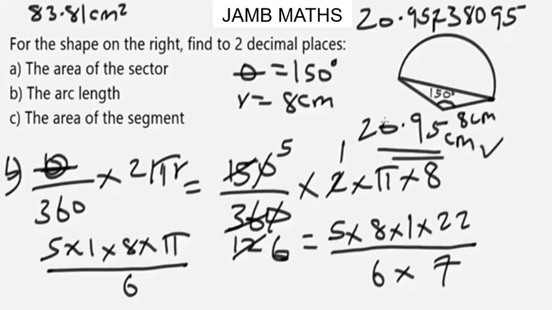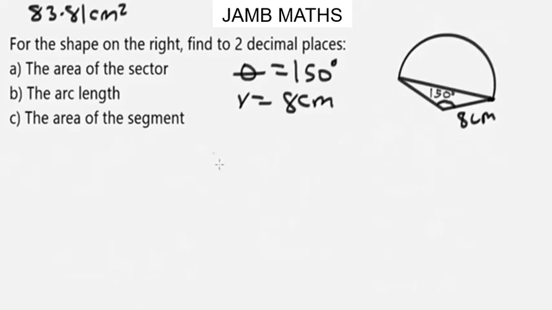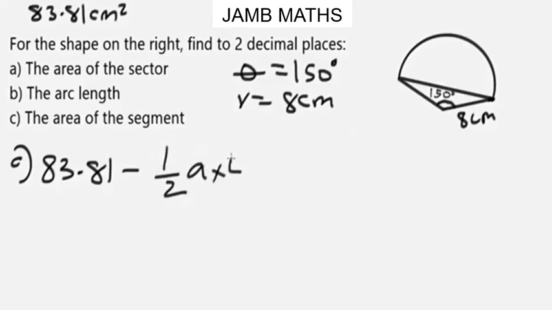And lastly, let's find this area of the segment, and after it we can call it a class. Alright, so let's write below. Now to get the area of the segment, we need to subtract the area of the triangle in this circle from the area of the sector. So for the C part of it, area of a sector is going to be 83.81 minus